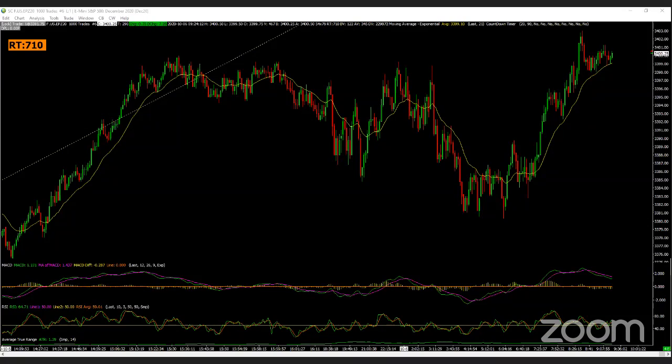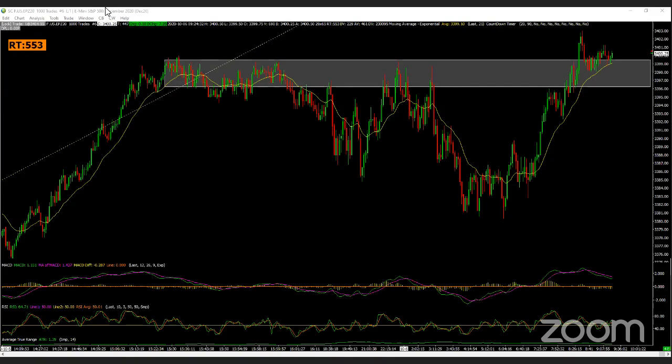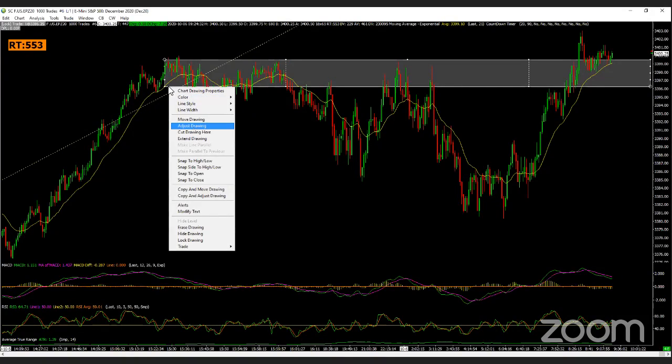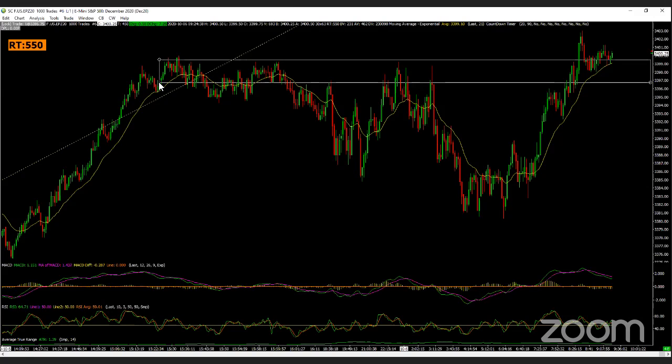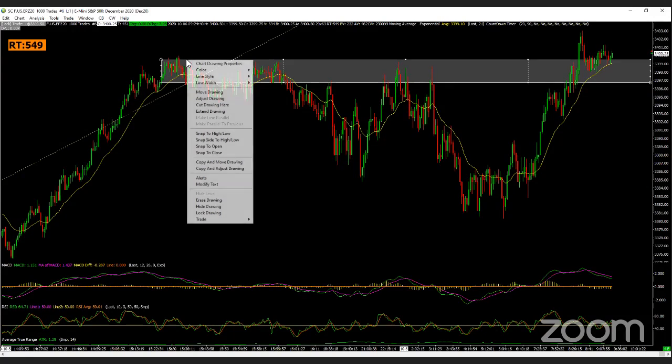Before we can apply our technical analysis, we need to know exactly what type of day we're having. We see that yesterday during the afternoon session, we transitioned into a range right here. But I'm not sure that we can say that it was a range. I think today it's a trending day.